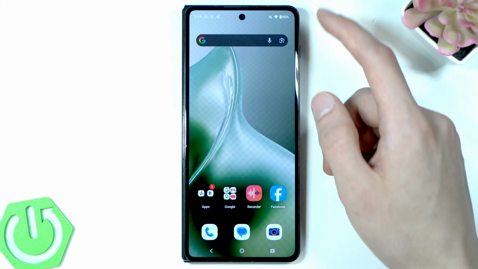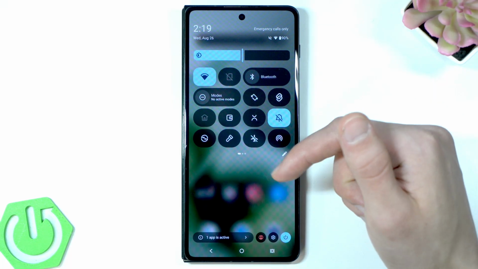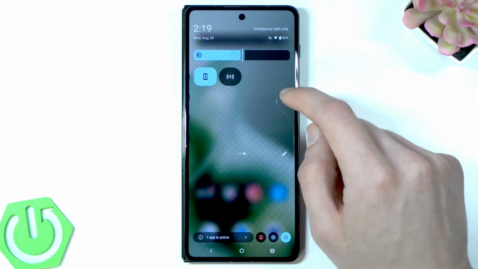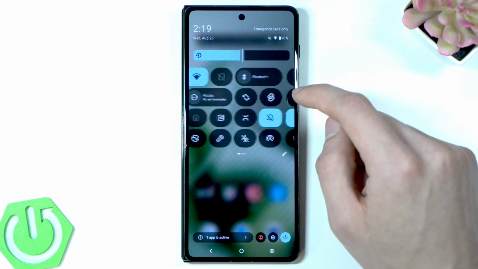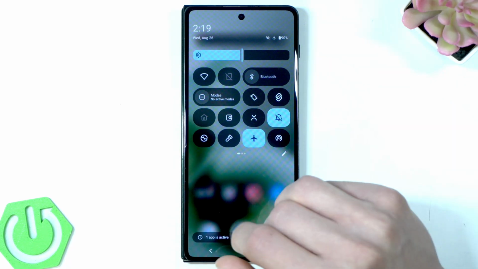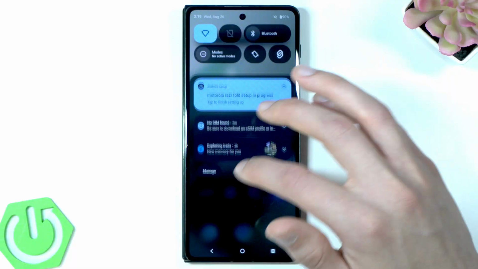And if you do, then first of all, let's try to refresh Wi-Fi connections by swiping down the control center and enabling the airplane mode. Let's find the airplane mode icon here. Turn it on. This will disable all the connections, and then disable the airplane mode, and all the connections will